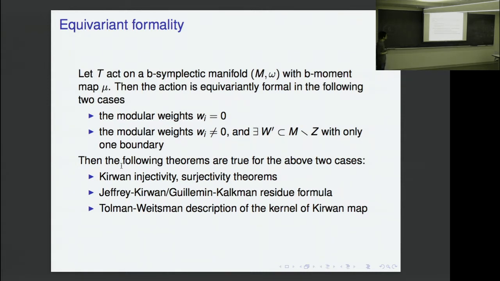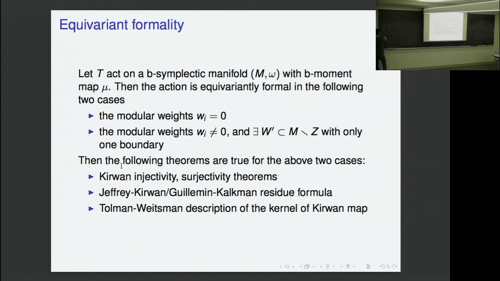Suppose you have a symplectic manifold. You don't always have equivariant formality. For a symplectic manifold, I do think you have equivariant formality under some assumptions on the T action. I think that is true, right? But then there might be another case where every component actually has two boundaries, like in the